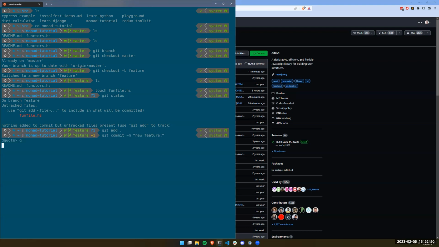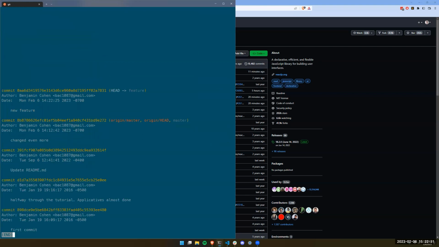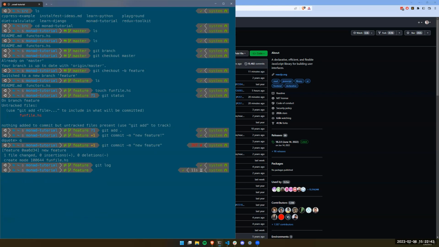Hey, I did something wrong there, new feature. Now if I say git log, it has all my previous logs, but now it has this new feature. I noticed that these previous ones were on master. Right. Okay. Yeah, and so at this point, I could say something like git push.